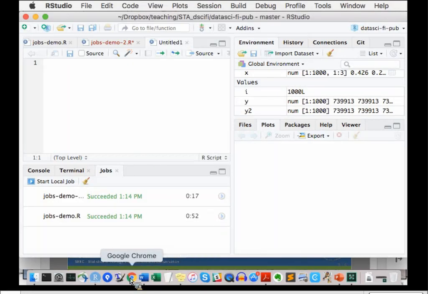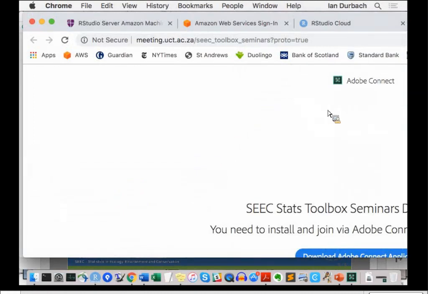That's not cloud at all. The second option,